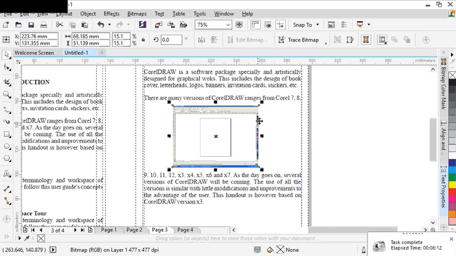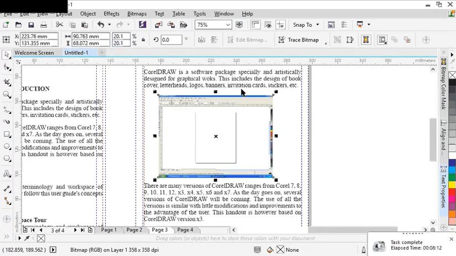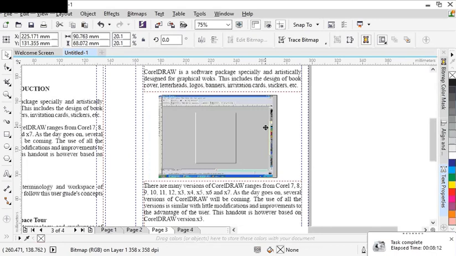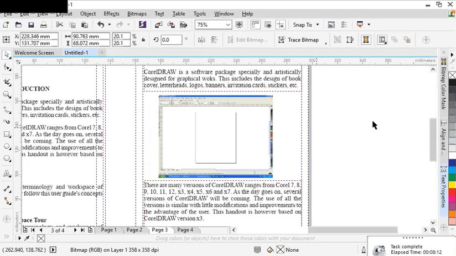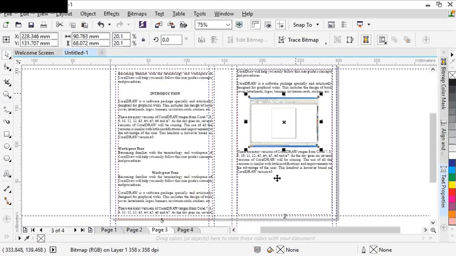Let me just increase this size a little. Let me take it to something like 20 and 20. Then you can see my image. I can now adjust it to the way I want it to be. Now let me go back and show you the effectiveness of